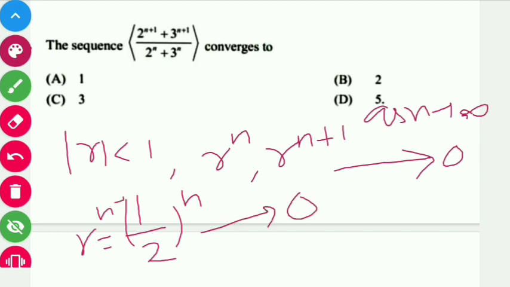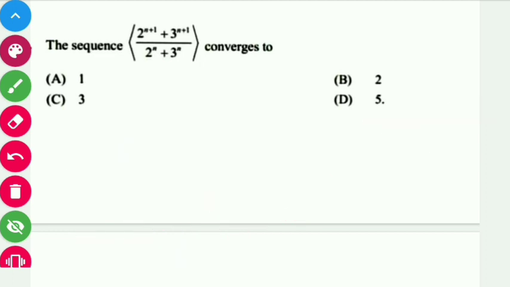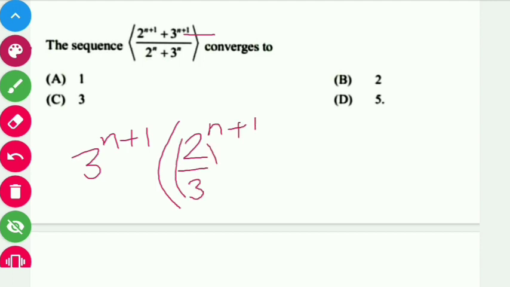Or if we replace this by n plus 1, then this also tends to 0. So we just have to take some adjustment of these terms. Take the bigger number and multiply and divide by this number. So from the numerator, multiply and divide by 3 raised to n plus 1, right? So this is just equal to 2 raised to n plus 1 divided by 3 raised to n plus 1,